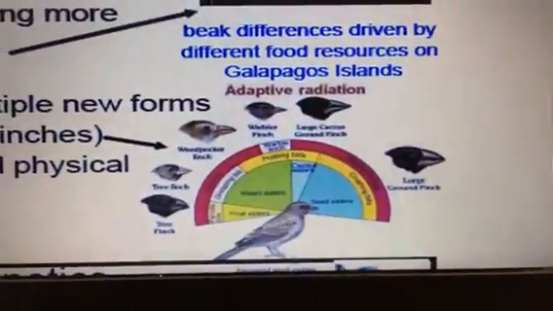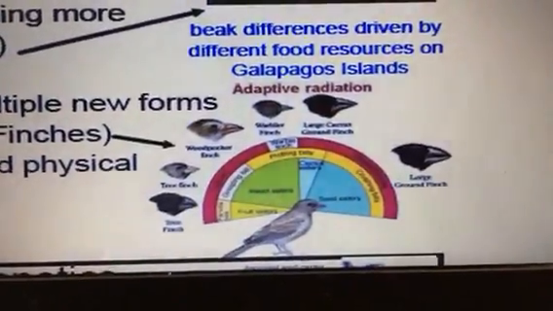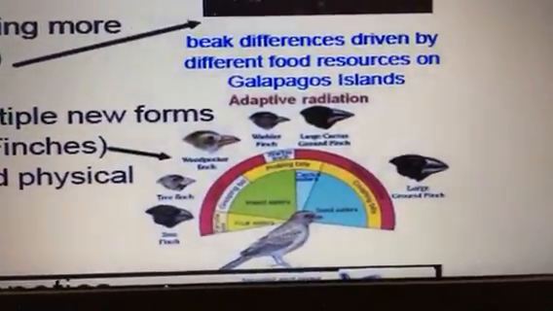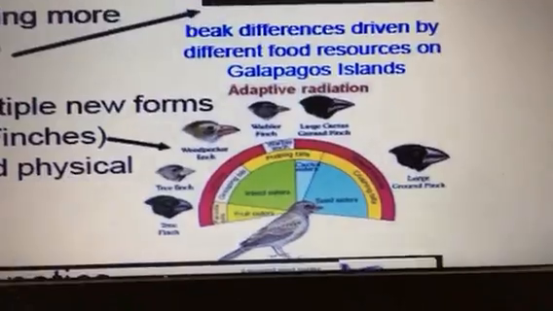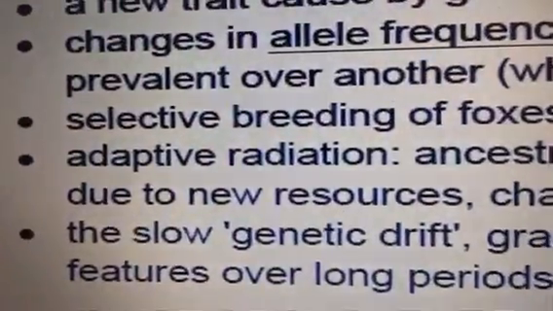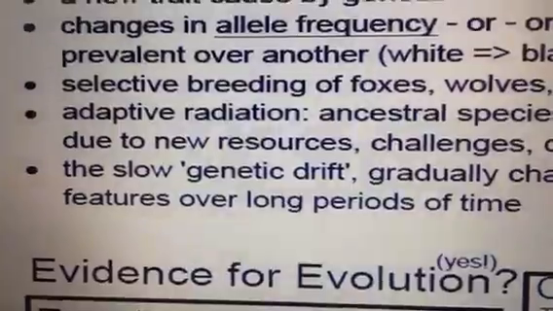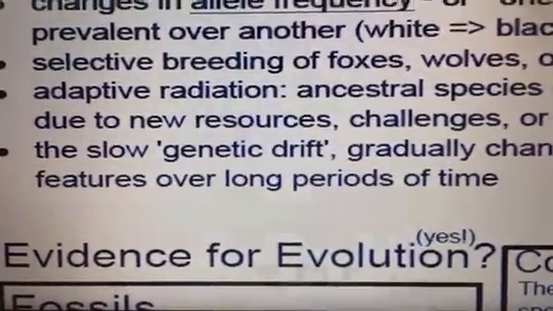Because of the different food resources on different islands in the Galapagos, a single population of ancestral finches diverged into many different kinds of finch, which could be argued as different species, and is a great example of adaptive radiation. And then also just the slow genetic drift,